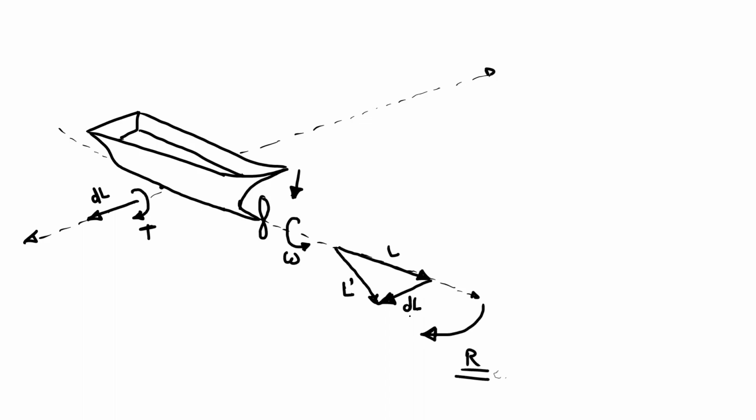So this is the small momentum dL because of the torque. L is the initial angular momentum because of the angular velocity omega, and L dash is the final momentum. So the propeller axis will try to align along the L dash, and it will take the right turn automatically during the pitching in the downward direction. So you can write in the effect: the ship will take a right turn automatically.